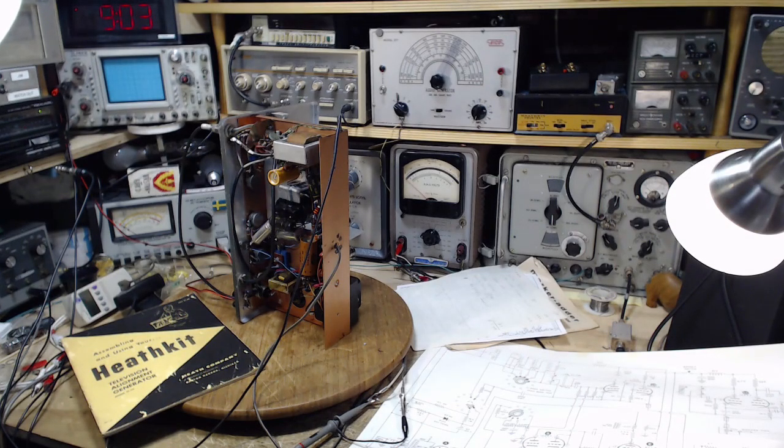Well, hi, good morning. Thanks so much for joining me here in my shop for what should be a very interesting session. I think I'm going to fix this guy today. I'm going to get him working properly today. That's what I think. So I was in here last night for quite a while, ohming out this